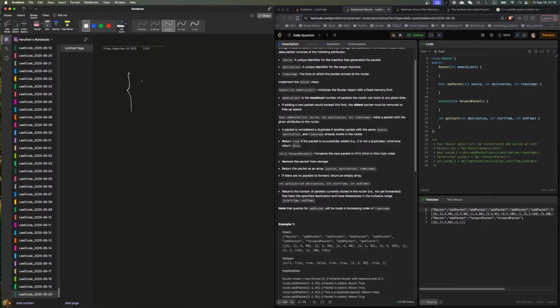What if we just go destination? But destination, because these timestamps always increase. So if I have, in this case, a 4, 9, 0 and I have another 4, 9, 0, I already see 4 has a 90. Ooh, but we can do source, right? That's when we can have